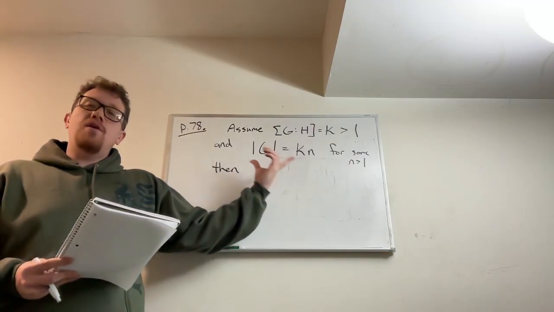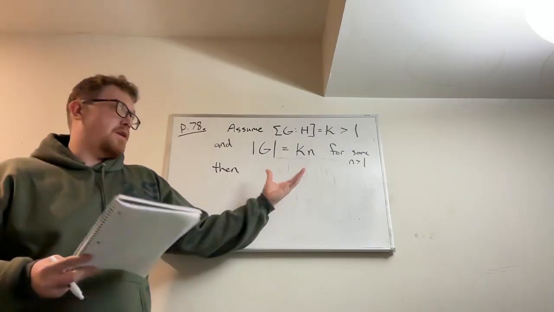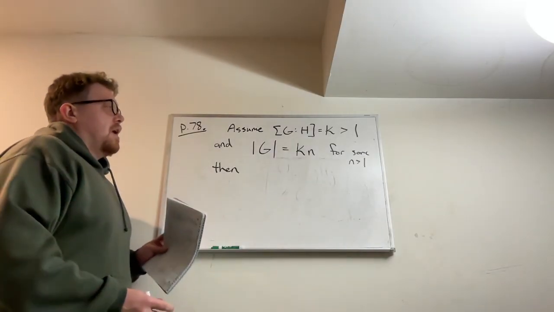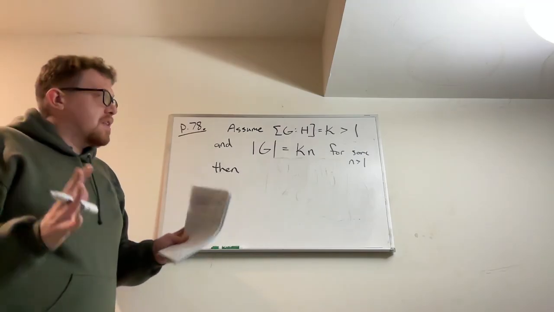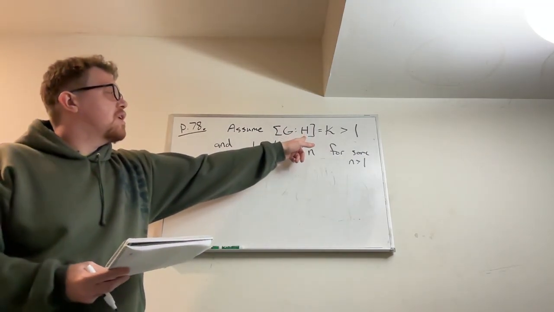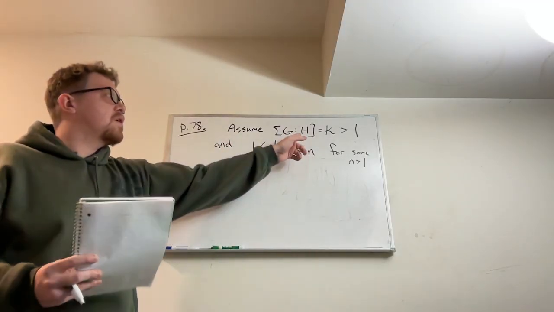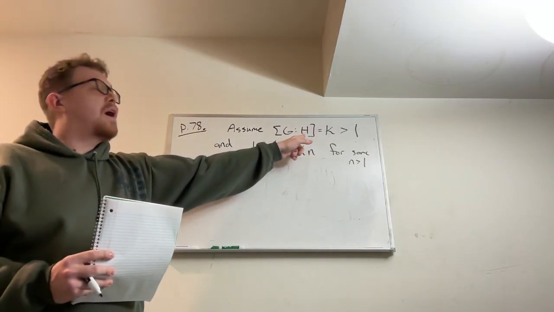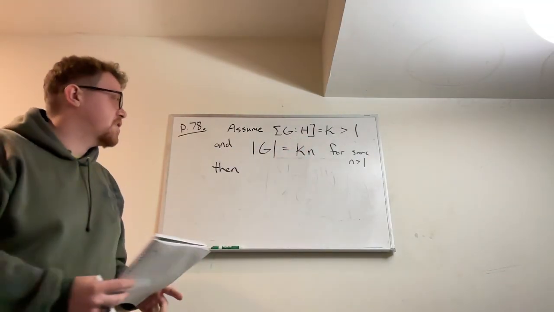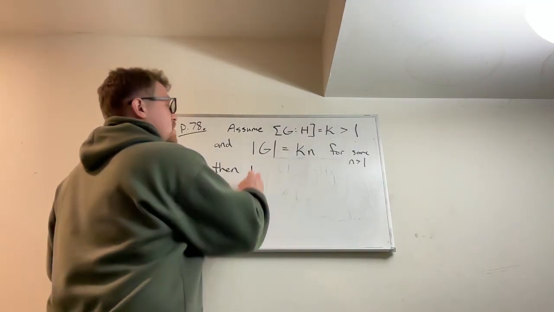How large can the union be? Well, the largest possible size would be if we take the size of each H and each conjugate of H, and assume that they're all disjoint, even though we know that they're not, because they all contain the identity. They're all subgroups, so in particular, they have non-trivial intersection. So then basically this union